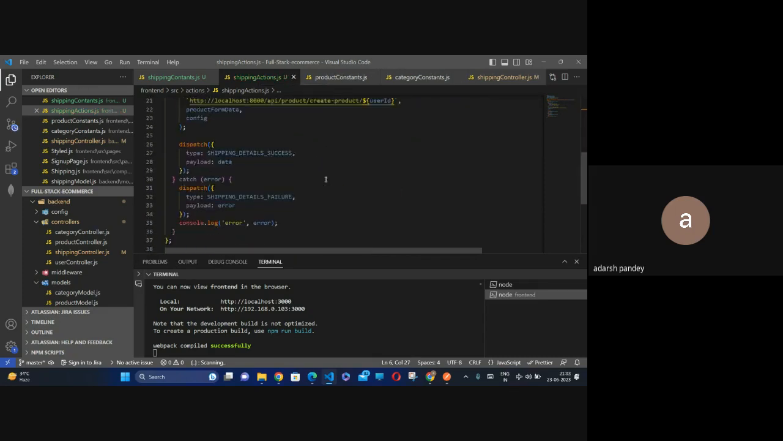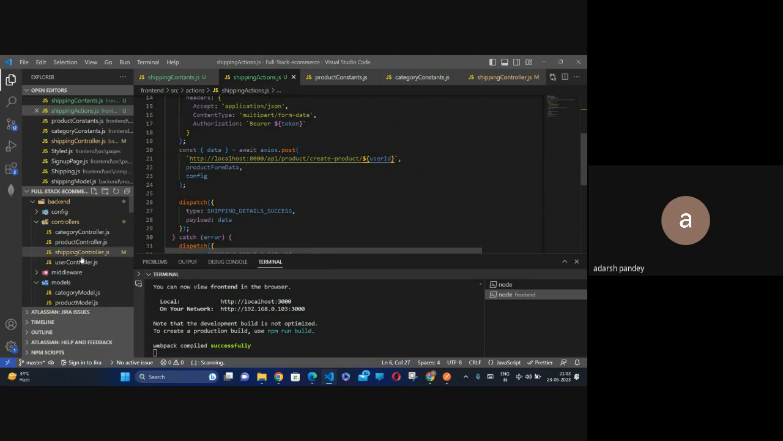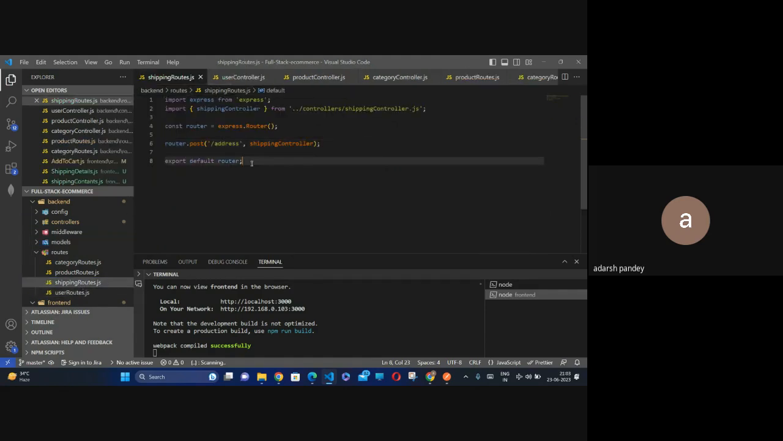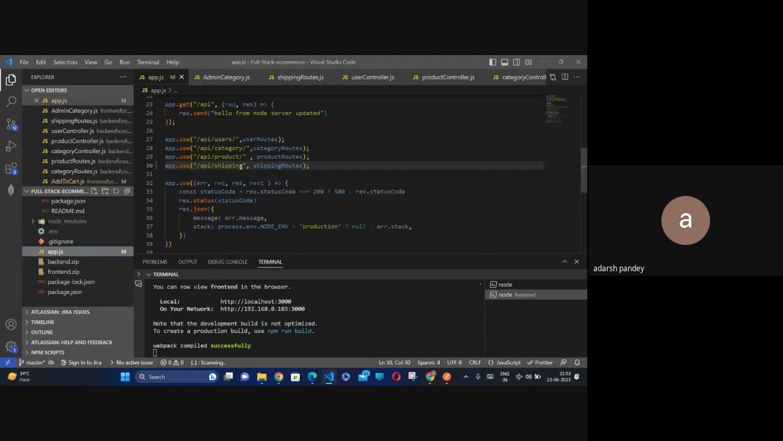Nice. So yes, you have it ready. Only you have to change the API route. So I'm going inside my backend folder, and inside the routes we have a shipping route. If you go inside the app.js of the backend, you have API/shipping, API/shipping, and then what? Tell me, what comes after that? API/shipping